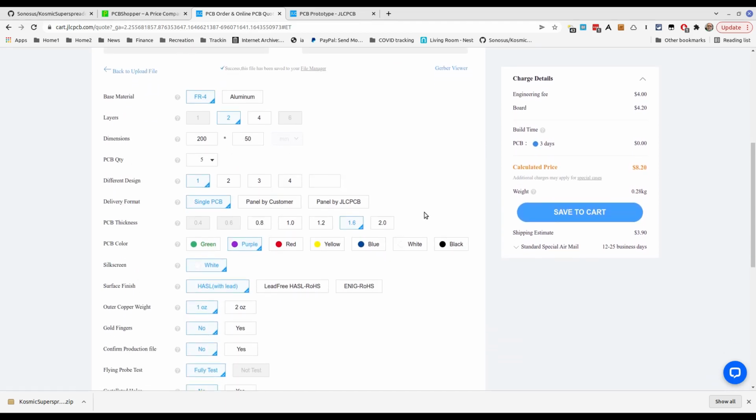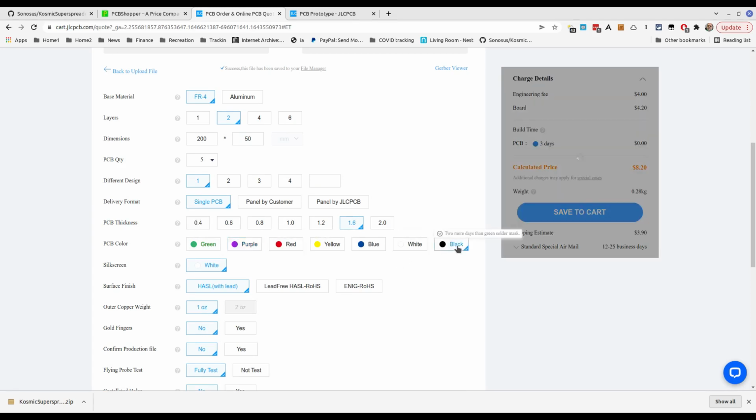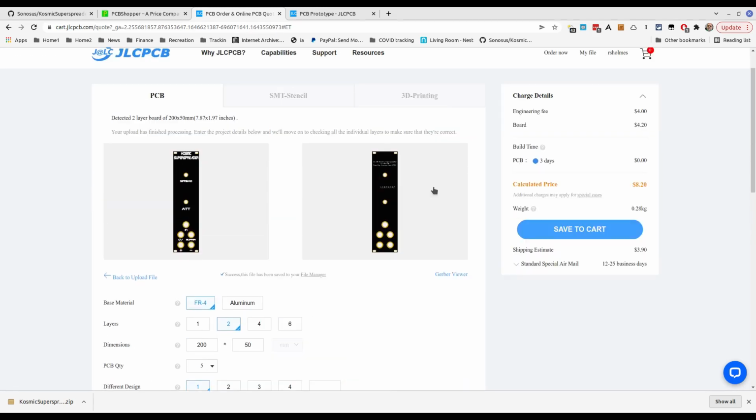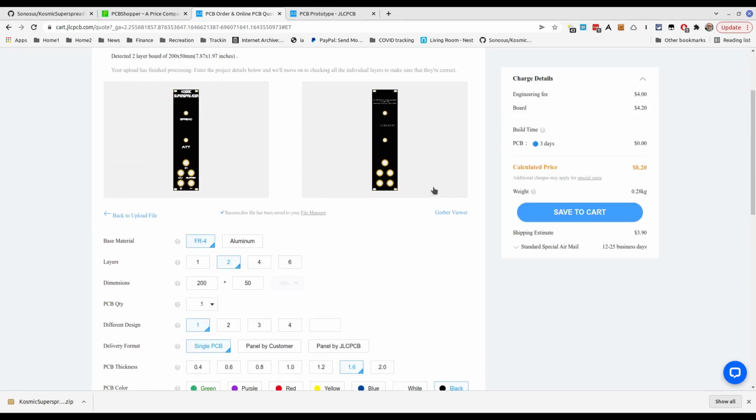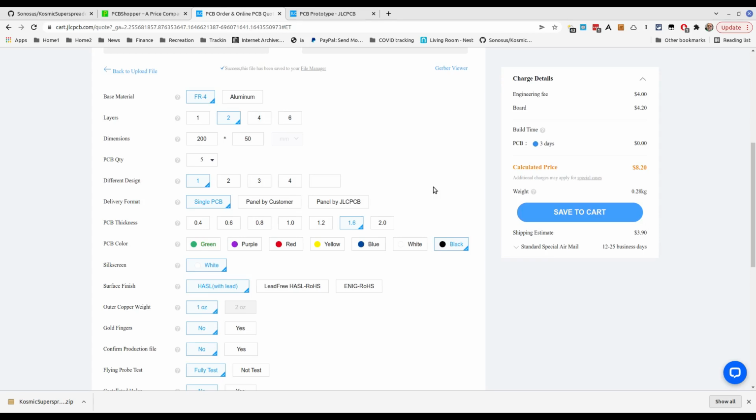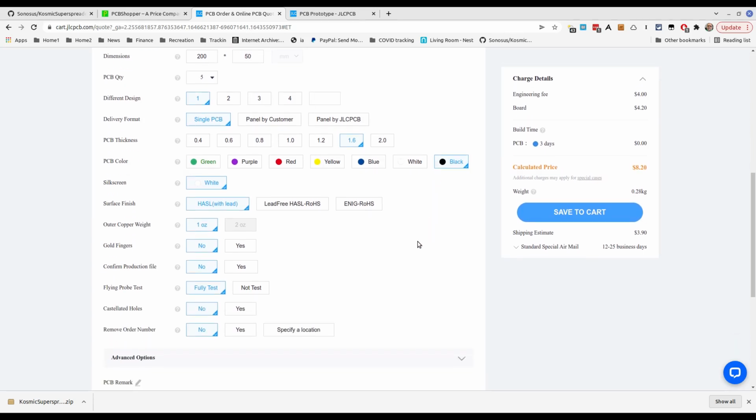And again, we're not going to need to change much of anything. Let's make this black. Okay. So we'll have a black front panel with white lettering, and